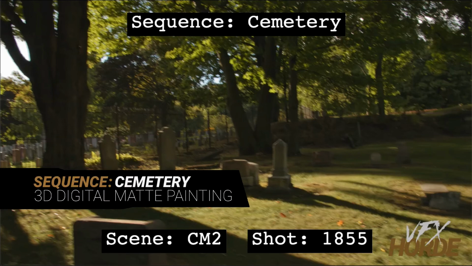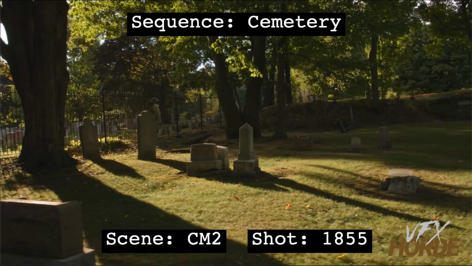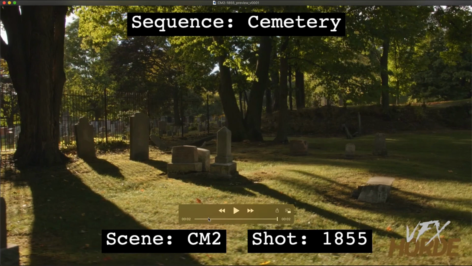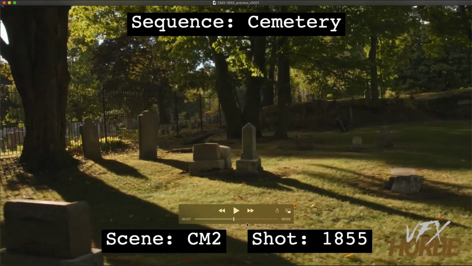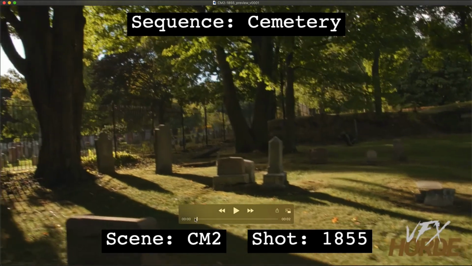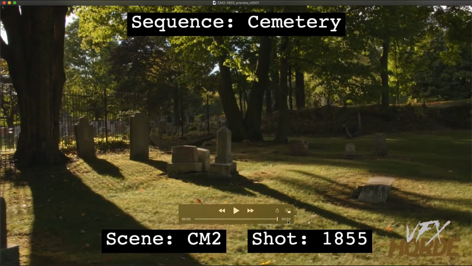This is Garrett Fry, the 3D digital matte painting sequence lead for the Cemetery sequence, and we're taking a look at shot 1855. So let's go ahead and play that. You can see right throughout this shot, there's going to be quite a bit of motion blur on these foreground elements here. But we're kind of orbiting or panning across this kind of handheld move